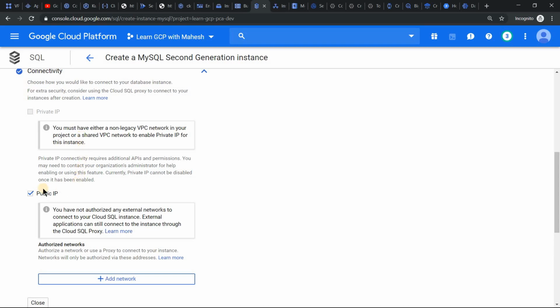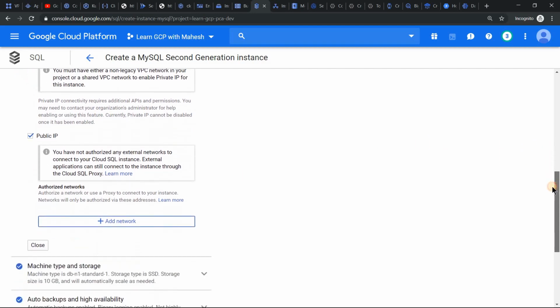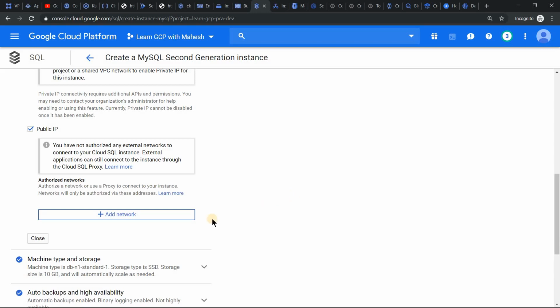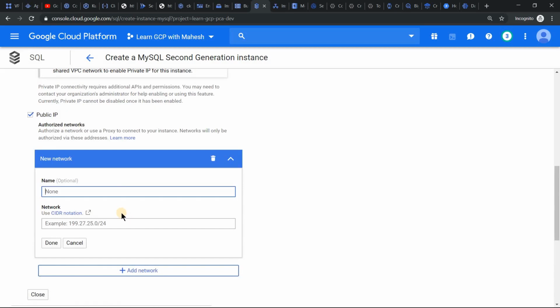And the second thing is you can still create a Cloud SQL instance which has only a public IP address. I'm not going to propose this solution to the startup organization. The reason is, you can create it, the instance will get created, but opening up to the entire world is risky. So if you don't want to open up to the entire world, you need to whitelist certain IP addresses. To add those IP addresses, you should know the concept of what a CIDR range is, how should I put it, all those things. And since we saw in our requirement, the startup organization does not have any skills on that, let's not emphasize this part. So let's not propose Cloud SQL for them.